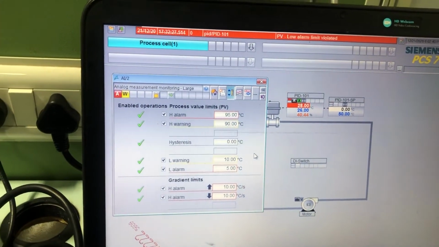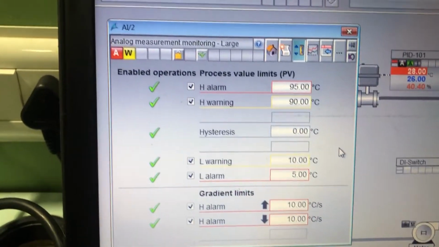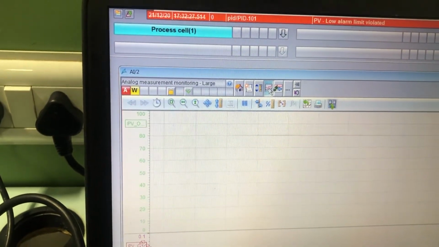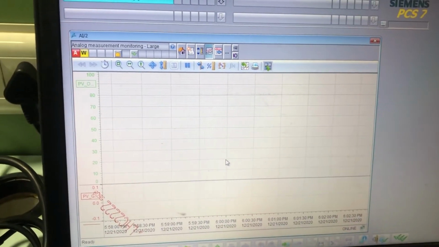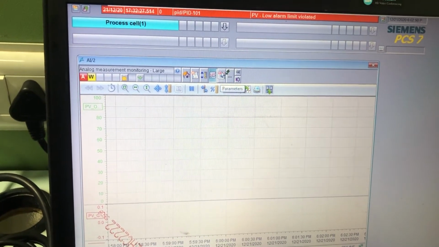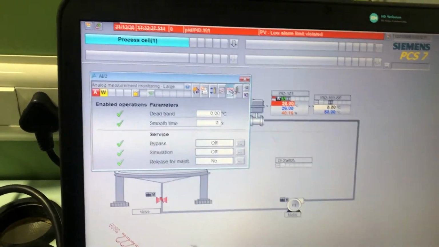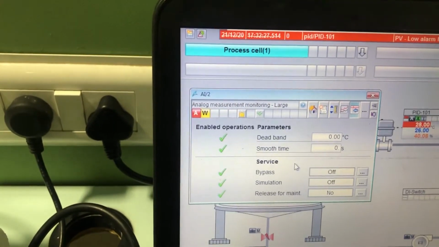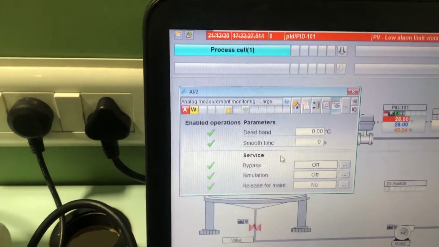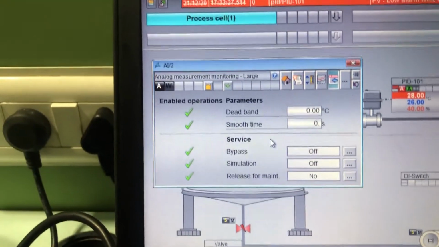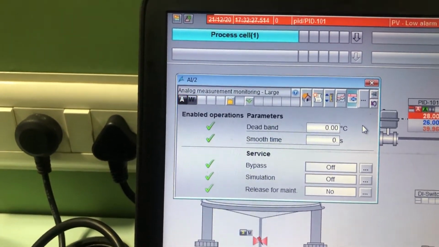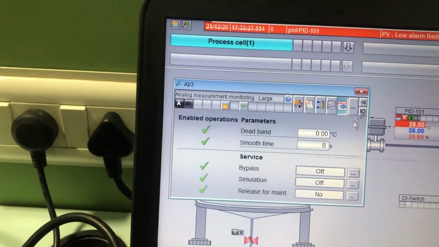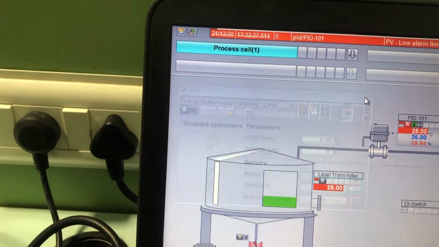Here there would be set points which we can define. Then there would be trends, actual trends as well as historical trends related to that process value. And there would be certain service functions like simulation or maintenance or bypass if required. If it is not required, then we can eliminate it or hide it from the faceplate as well. So this is for analog input.